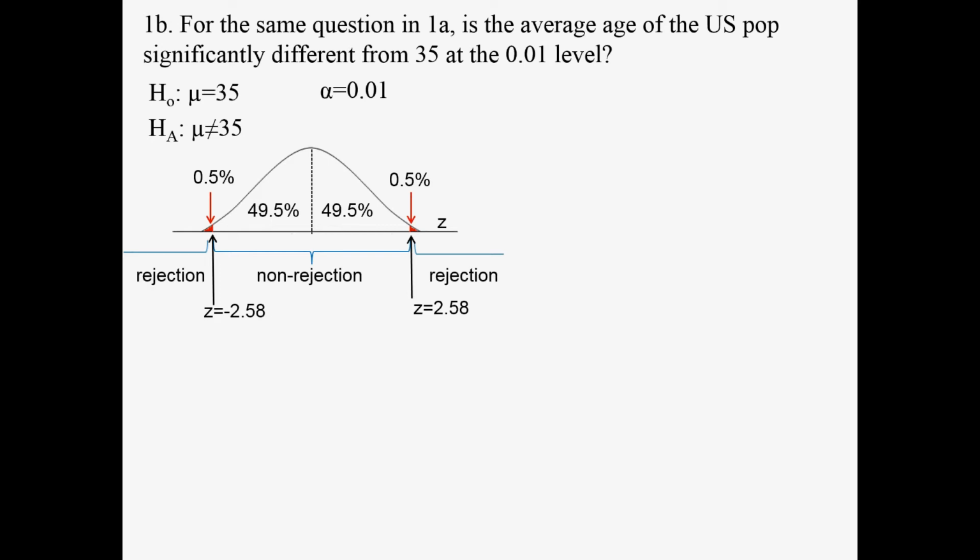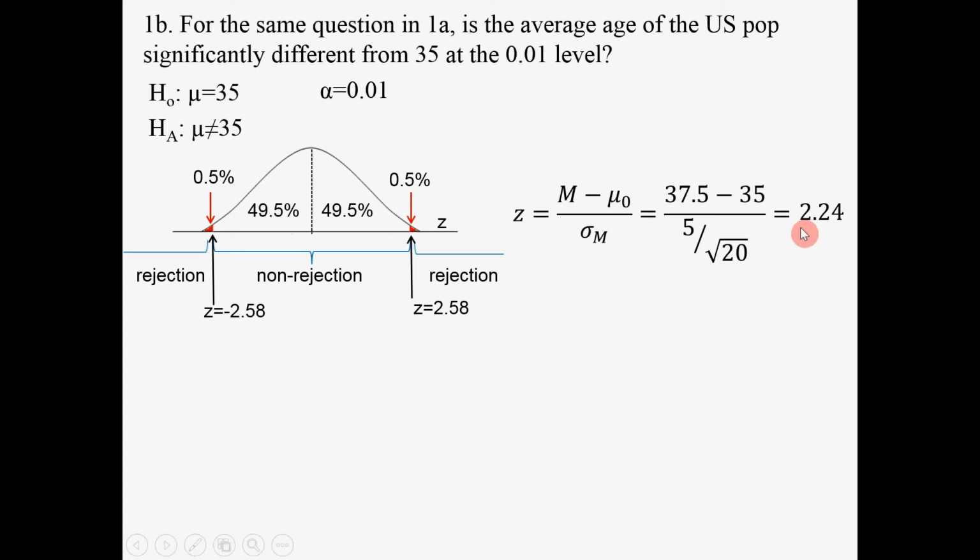So now we have this set up. We can deal with our sample. We're going to convert our sample mean into a test statistic z-score using this formula. From the last question, we know that the z-score is 2.24. Now, next step, we need to compare the sample mean test statistic z-score with the critical z-score value,